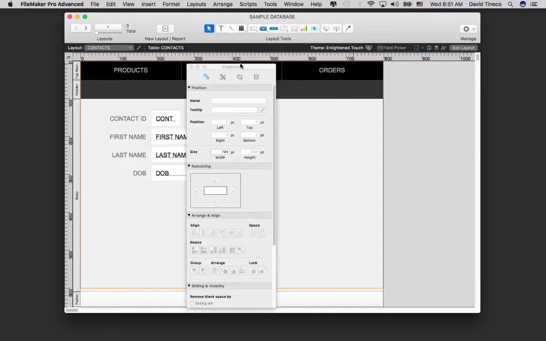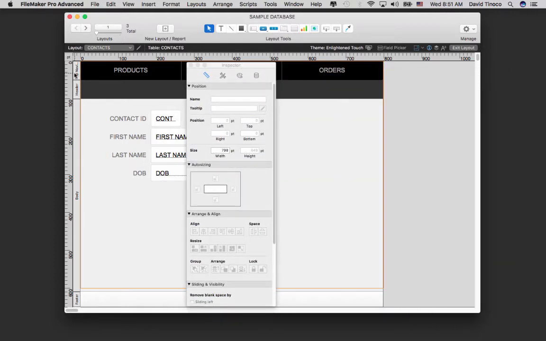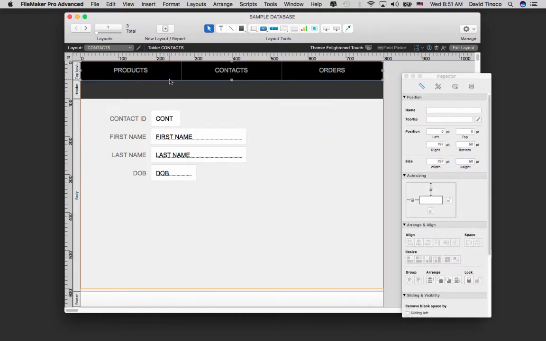All right, and I'm just doing that by entering. I click the part, I enter the amount, and I hit enter, and that will resize that part. Let's make sure this is pushed up all the way. So now we have our navigation area, and then we're going to have our buttons for this particular layout in the header section. All right, and so we're going to complete this navigation menu, and in order to do that, we're going to add a button